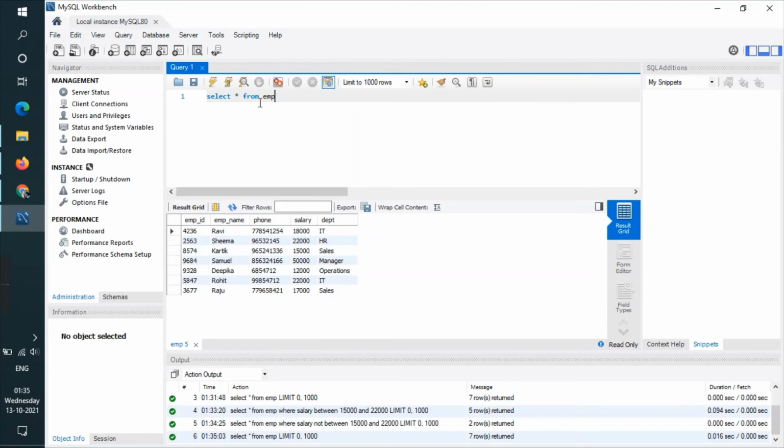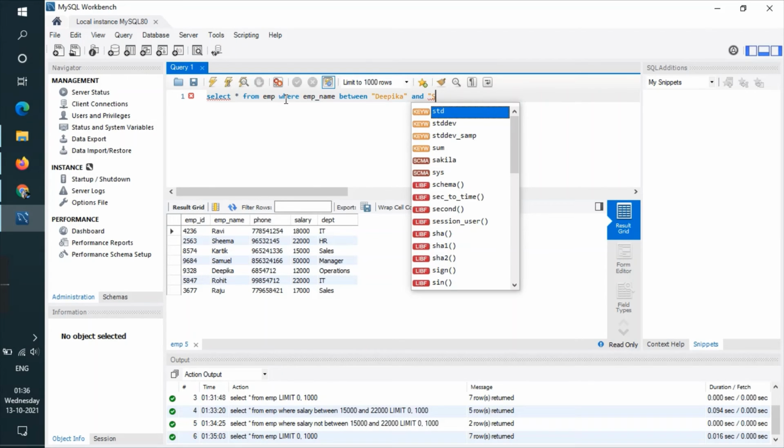So select star from EMP where EMP underscore name between. So I'll be using text, so it should be in inverted commas. So first one will be Deepika and Seema.